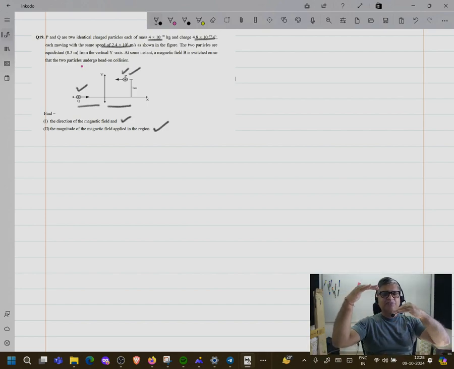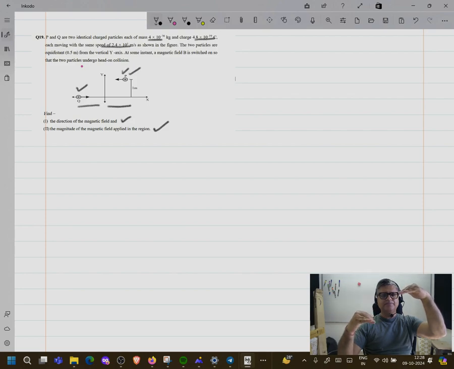So the moment you apply the magnetic force, what happens? Centripetal force starts acting on it. One of them will start going up in a circular motion, and the other one will also start a circular motion in the downward direction. That is the only way you can have a collision. This is my lower one. If it goes down and the upper one goes up, collision will not happen. The only way collision will happen is if the lower one goes up and the upper one comes down, and they